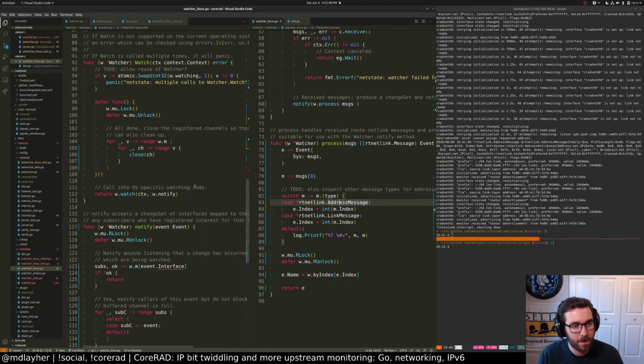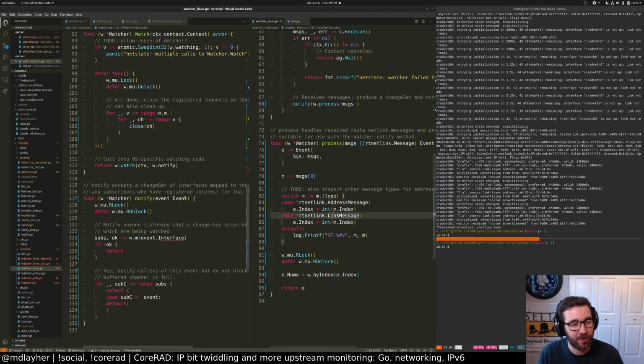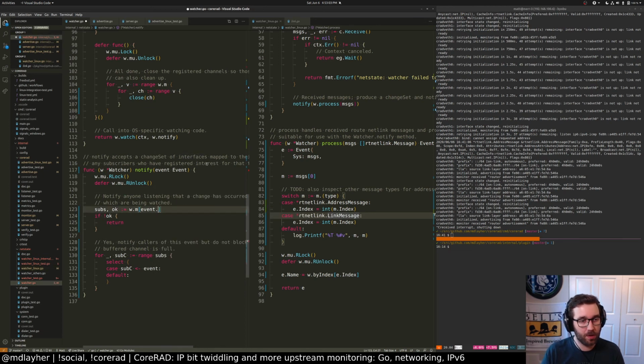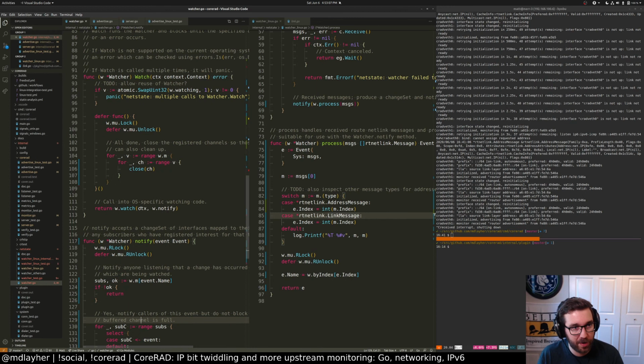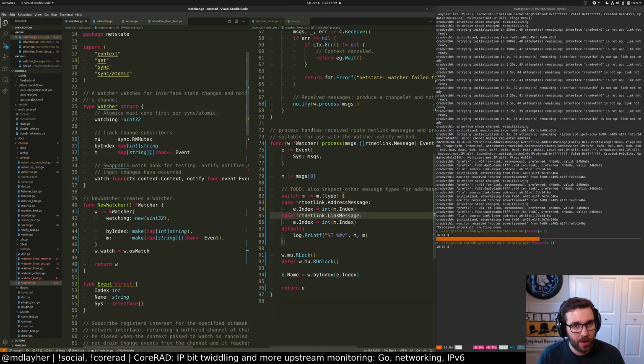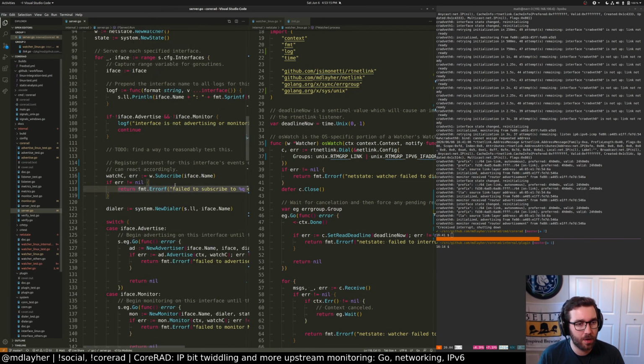So that's good. We'll remove it from the logging. Well, I guess we'd still want to know if we get a type that we don't expect. I think we're only going to have addresses and links for now, but we'd want to know if there's anything else as well. So, events name, right? This is all keyed by name at the moment. Anybody who's listening. Right. Okay, I think we're back to the server code now.